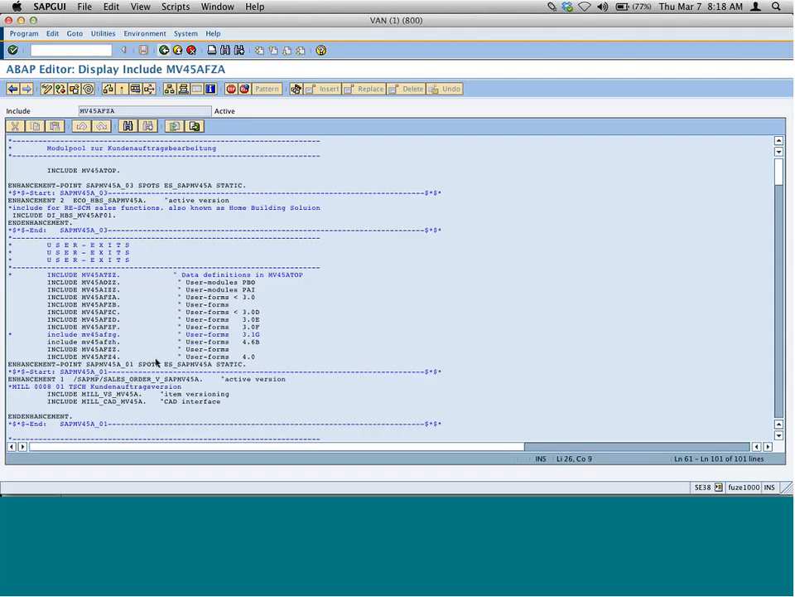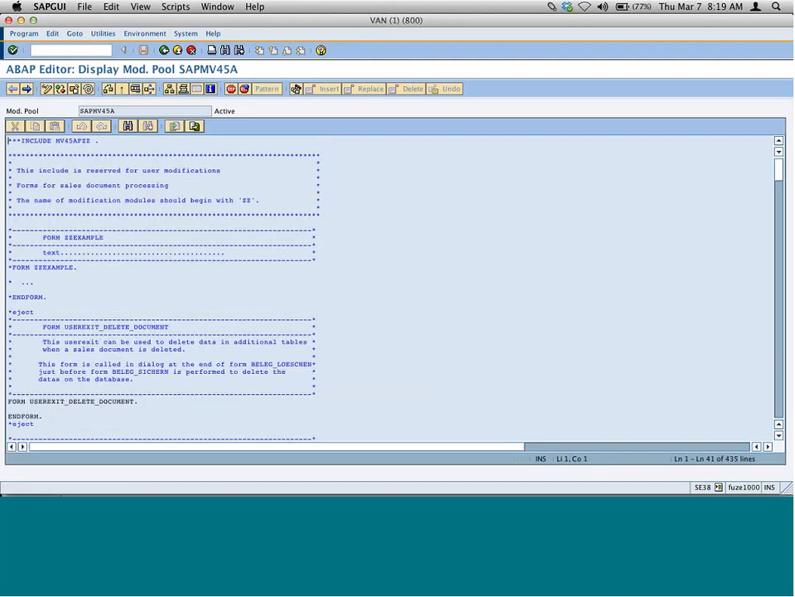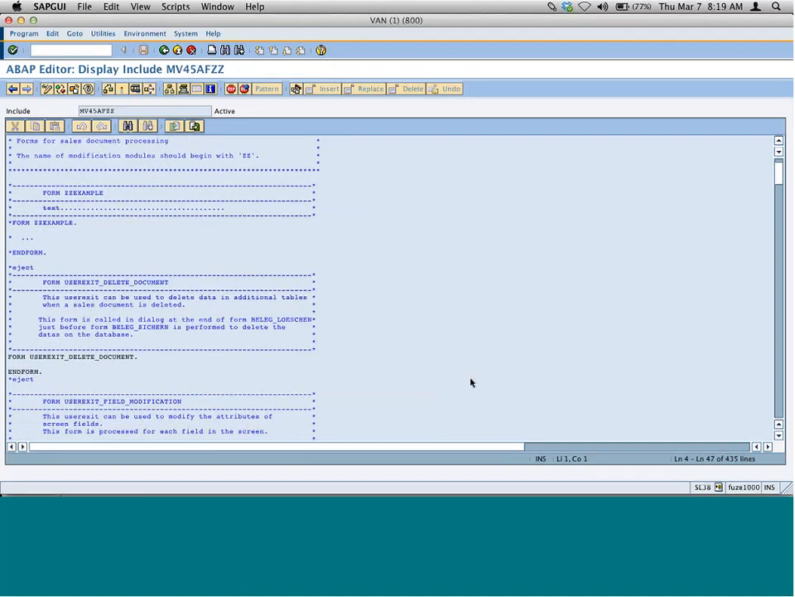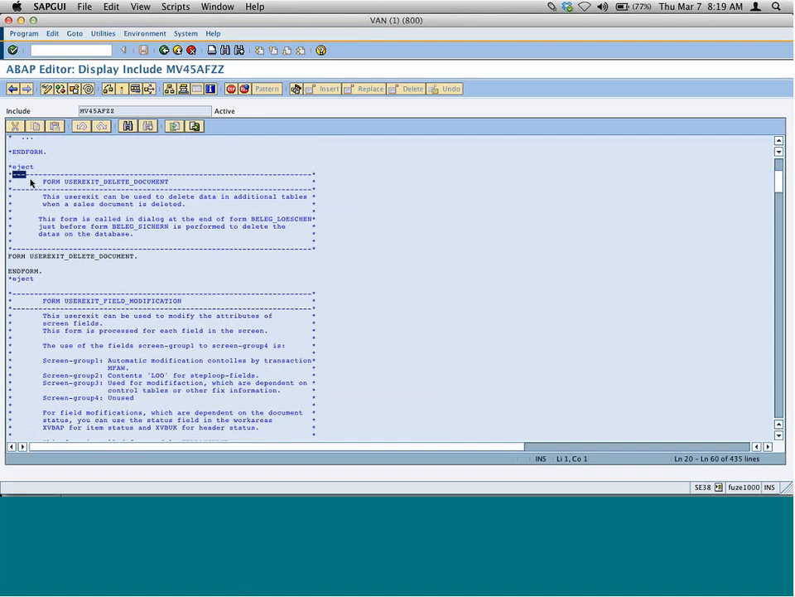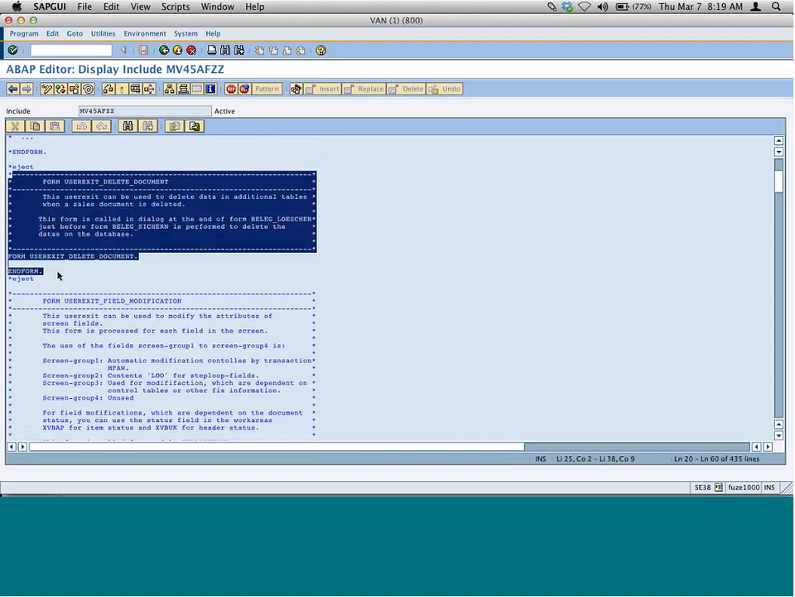Maybe MV45AFZZ. Where is ZZ? This one, ZZ. I'm going to discuss MV45AFZZ. Double click. And look at this for example. User exit delete document. I'm reading out the description: this user exit can be used to delete data in additional tables when a sales document is deleted. Now I'll tell you a scenario where you can use this